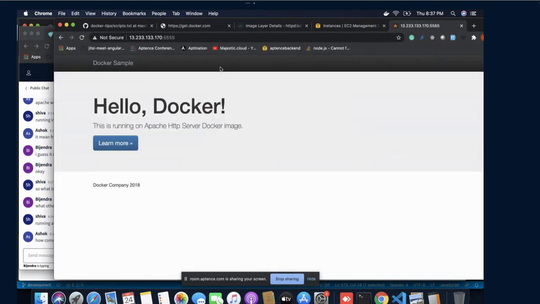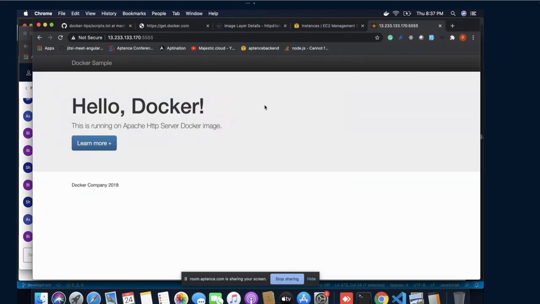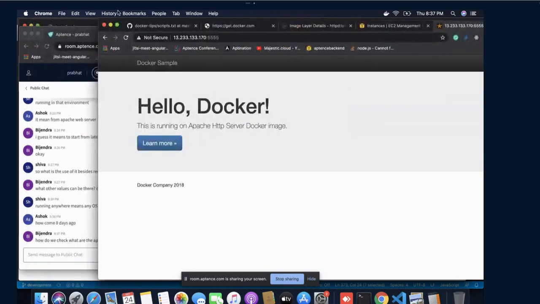This HTML website is running. See how easy it is. It means you may not have to install anything. Each and everything is pre-installed in that environment. Simply run it, and you will be able to serve your website using a single line.